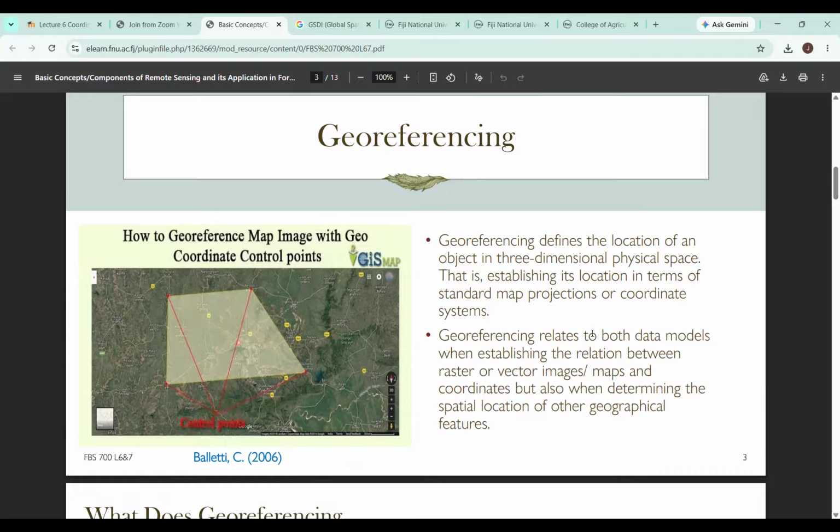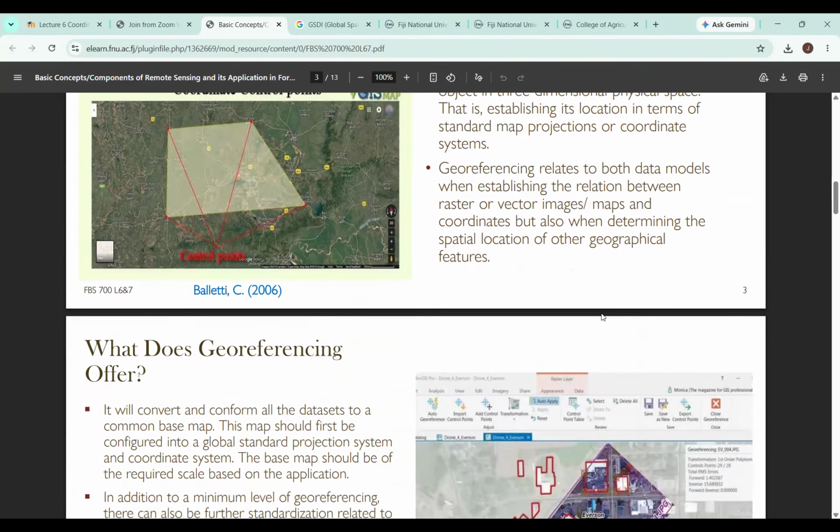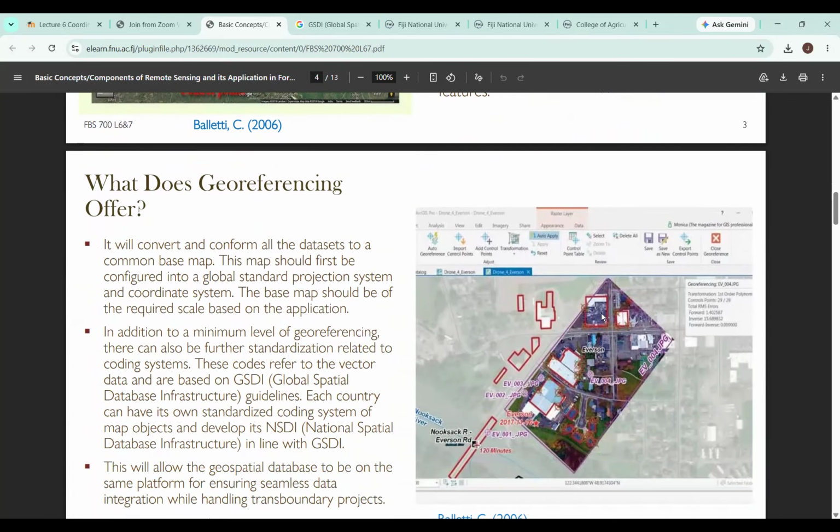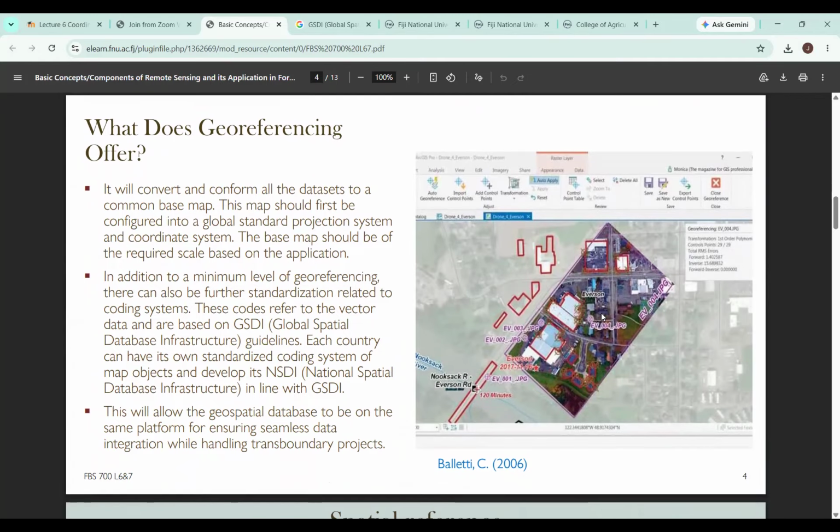Georeferencing is basically taking a scanned copy or a hard copy of a map and then attaching that with coordinates on a geographic information system. That is a very basic definition of georeferencing. Now, what does that offer? What does georeferencing offer? If you look at the image on your right, something that you can notice here